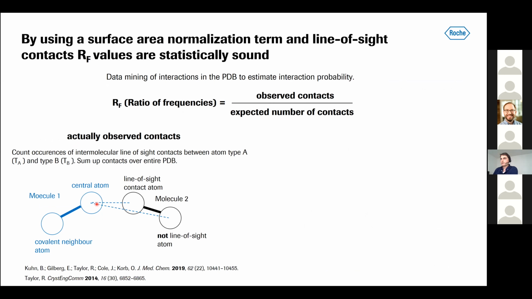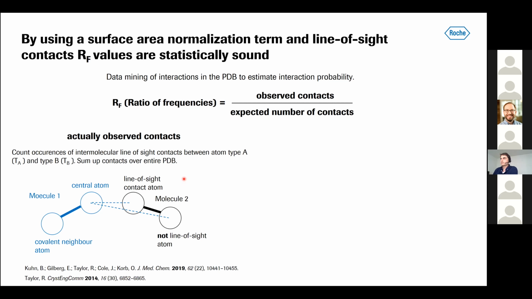So for example, this central atom here is in line of sight with this atom here, but it is not in line of sight with this covalently bound atom because the line is intersected by this atom here. And so by only accounting for line of sight contacts, we reduce greatly the effect of bystander atoms